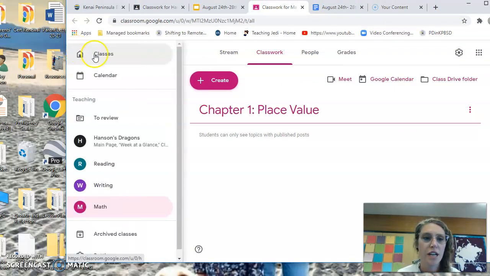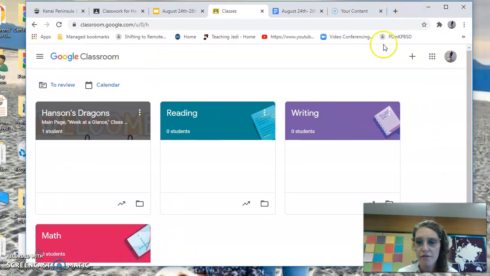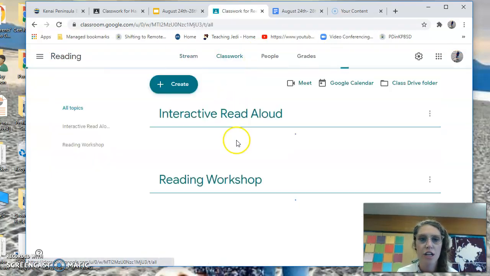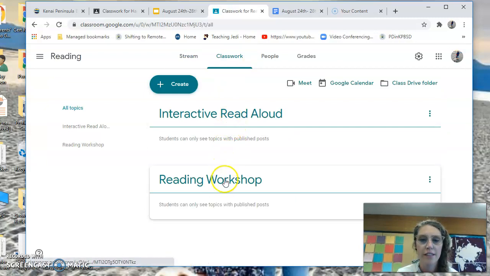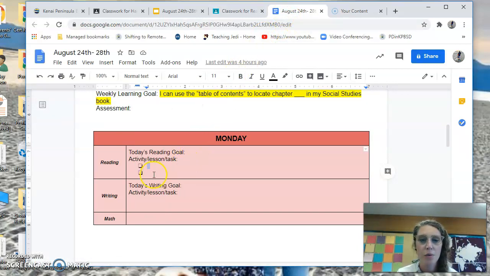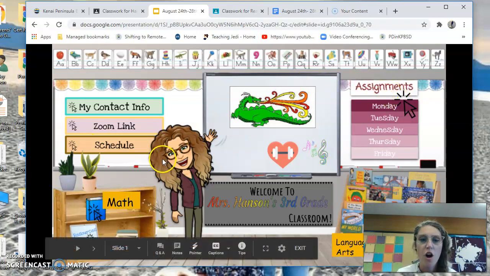So again, I'm going to go to those three lines, my classes. Here are all my classes. This is where all of the information is, where it's housed. If you click on reading, and remember, ignore the stream, go right to classwork, you're going to see eventually where the lessons will be housed, but everything should be linked in the week at a glance or in the Google Interactive Classroom. So remember, think of the Interactive Classroom as your start page where you find your assignments for the week. There's quick links to the Google Classroom, but all of this